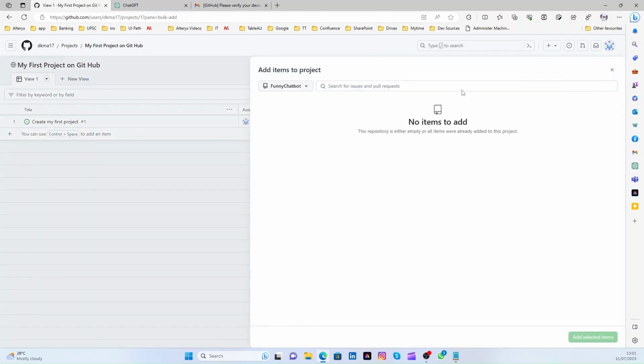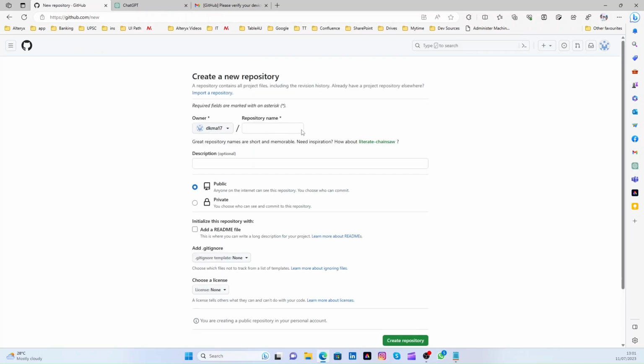Let's create a repository also. Let's create one more repository. Okay, new repository. What is a repository? Actually this is the project space. This is my code space where we can create and do something. Okay, dkm 17, repository name is